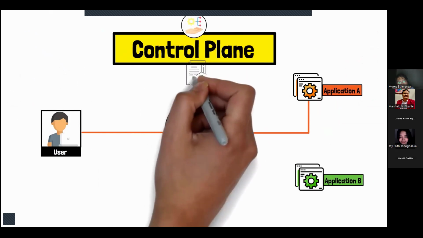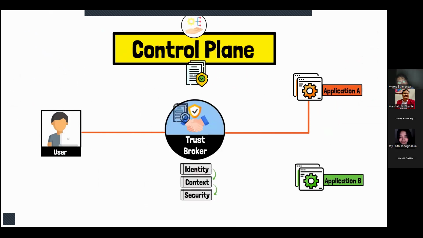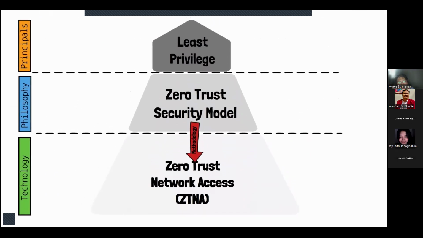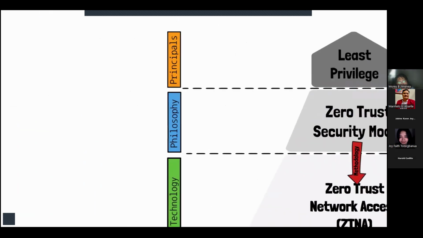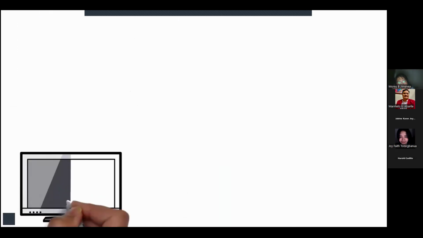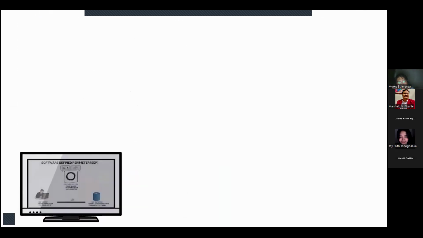The data plane handles the enforcement and usually sets up the connection between user and application. The makeup of ZTNA will vary by vendor, so it's not as important to know the design as it is to know that the technology can handle the principles of Zero Trust one way or another. In fact, from a technology perspective, there's many different ways to accomplish ZTNA, and rarely is it achieved the same